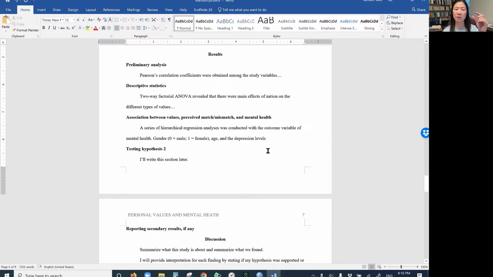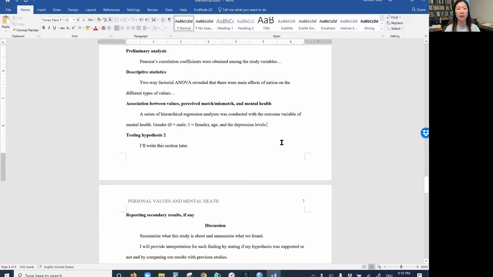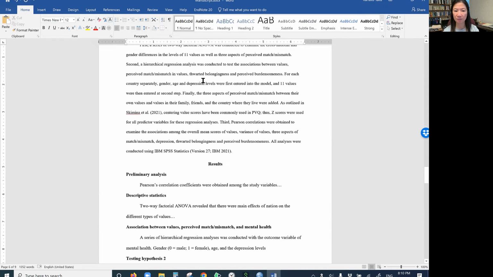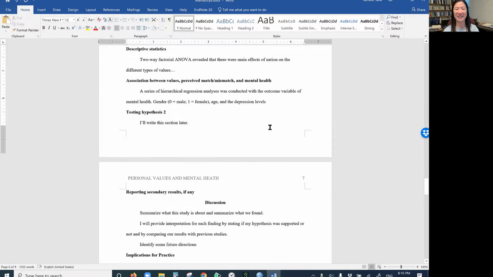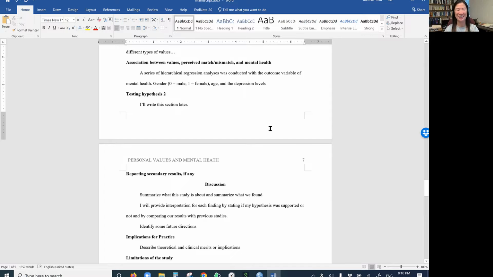This kind of explanation, like how I ran the hierarchical regression analysis, could be easily stated under the data analytical section before this results section. I just repeated it here. Well, I should not repeat it. Actually, I might have already covered it, and for the purposes of recording I just repeated it one more time. But for the actual manuscript, we should never repeat the exact same information, even though keywords can be repetitive.